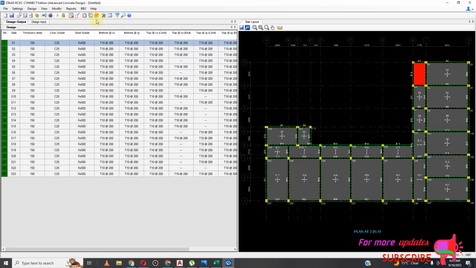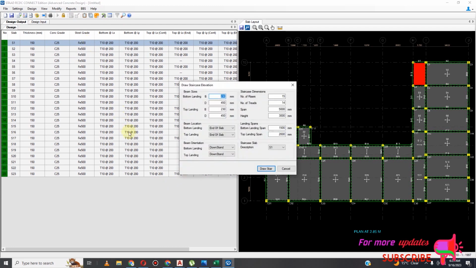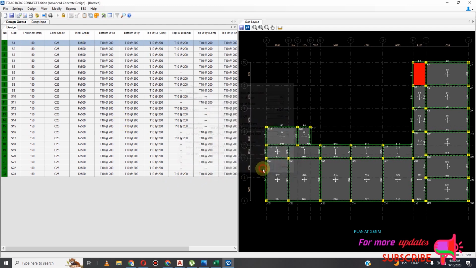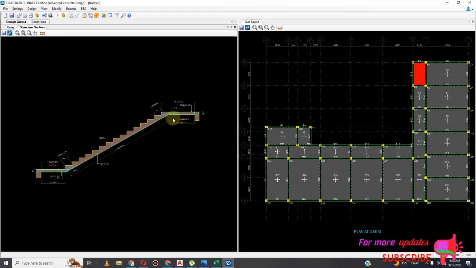And then you can go to my reports. You can generate calculations. You can get my stairs section. Stairs. So you can see my stairs. So as I was saying, if it is one way, it means just going that way. But my stairs is two, it means there's no stairs going that way. So it means you have only one stairs, and then